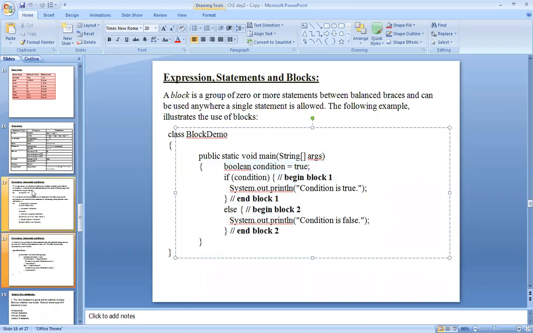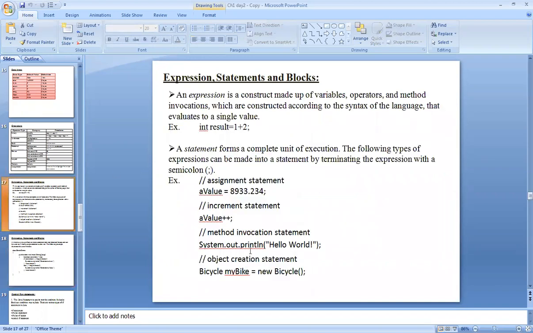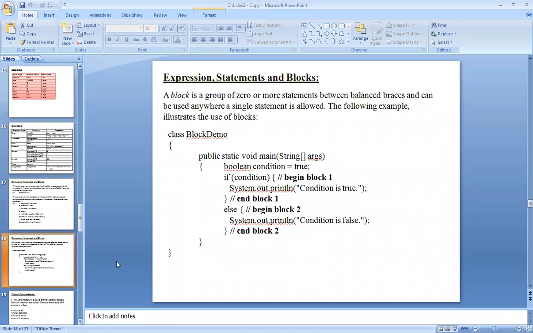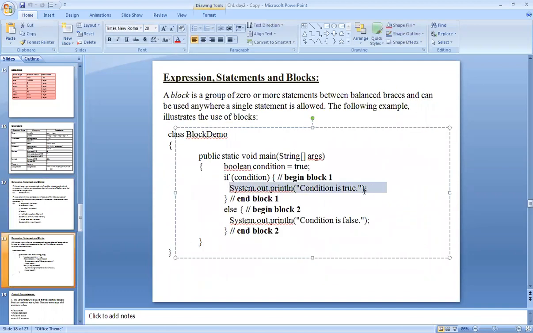This one is like this. You have seen here a method invocation statement. According to that, this line is nothing but a method invocation statement. But this condition, you have written into the condition of an if else. So that if block is started and completed over here. That's why this is called one block: if block, then else block.